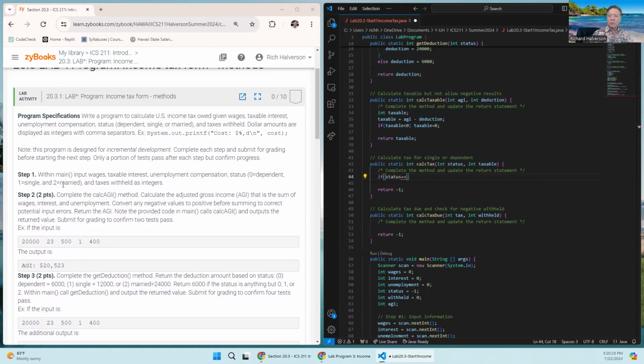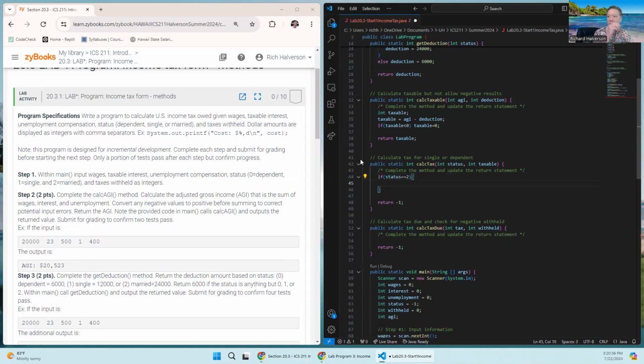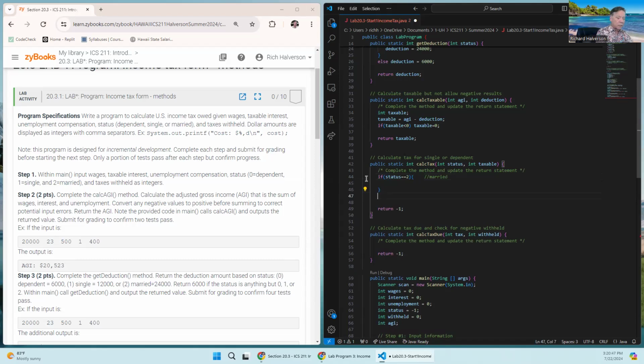0, 1, and 2. So married is 2, and 0 and 1 is dependent. Okay, so that means that if it's 2, then we're talking about the married case. And I'm gonna put that inside, okay, and then else